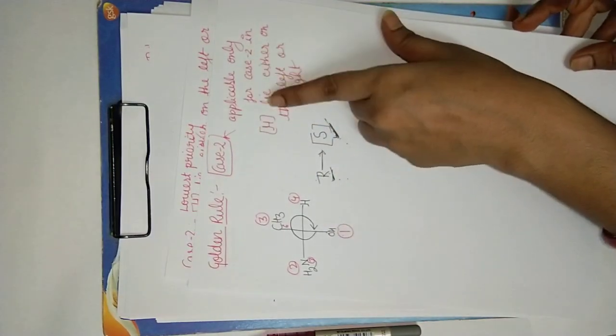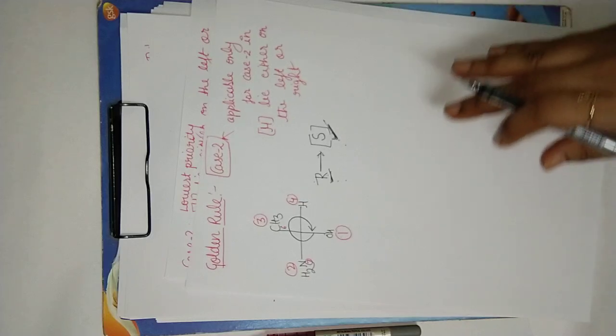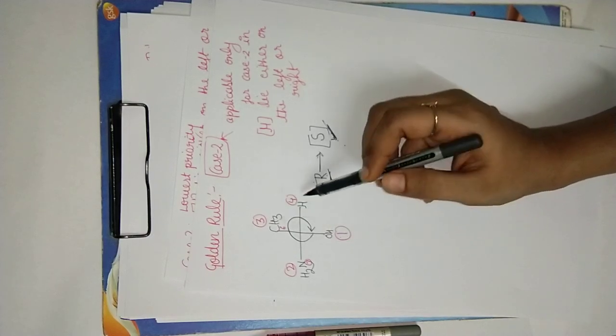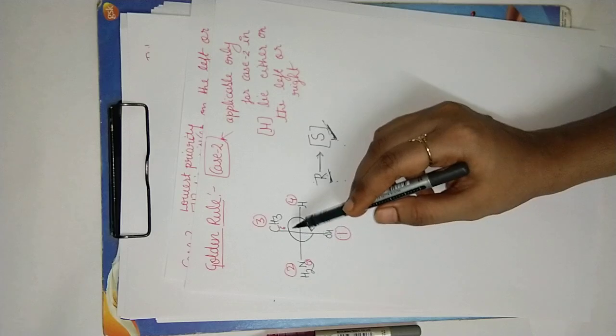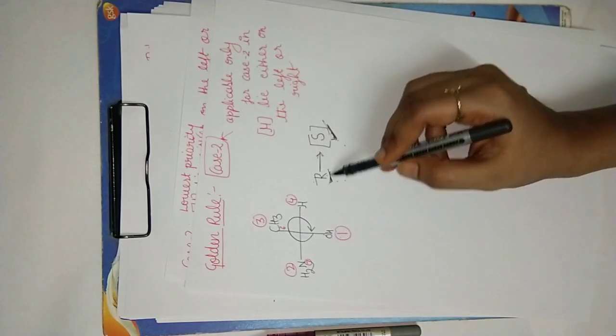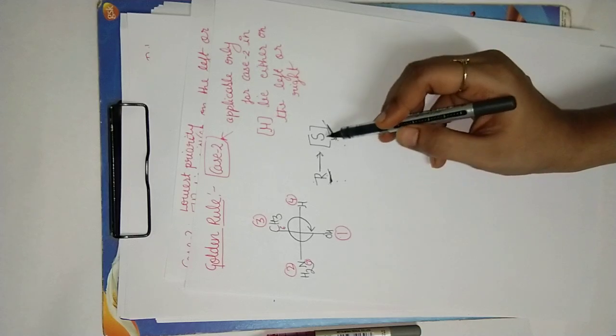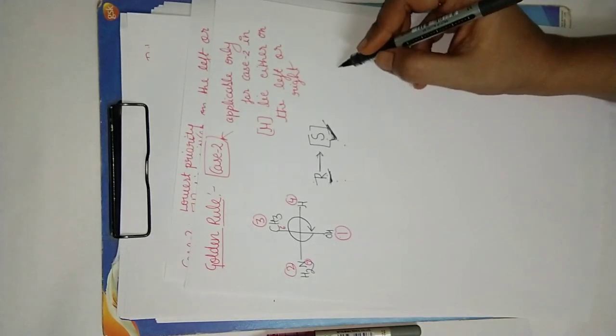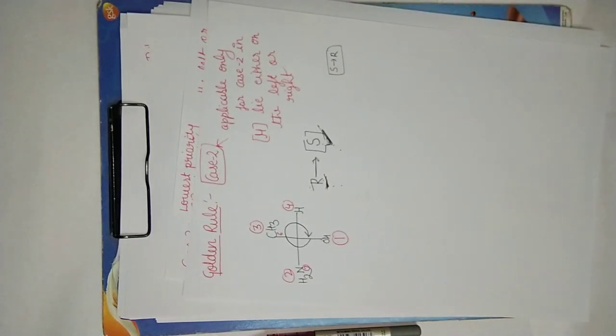There is a trick for case 2, applicable only for case 2, in which hydrogen lies either on the left or right. You have to only move your eye. First of all, give the priority numbers 1, 2, 3, 4, and then move your eye either clockwise or anti-clockwise. Whatever configuration is coming, it is converted. If it is R, it is converted into S. If it is S, it is converted into R nomenclature. Okay, this is all about RS nomenclature. This is very important, as questions on RS nomenclature are asked very frequently. Okay students, thank you.